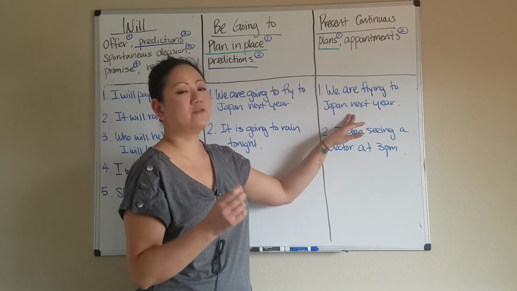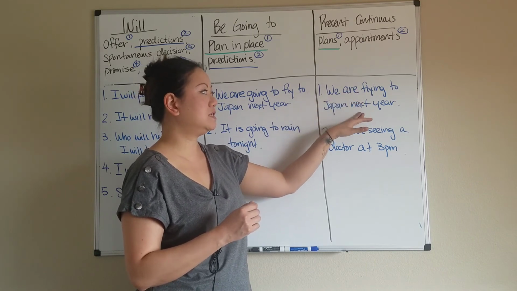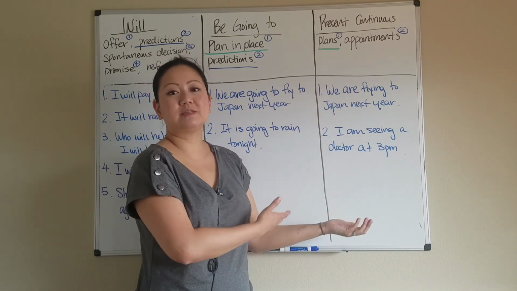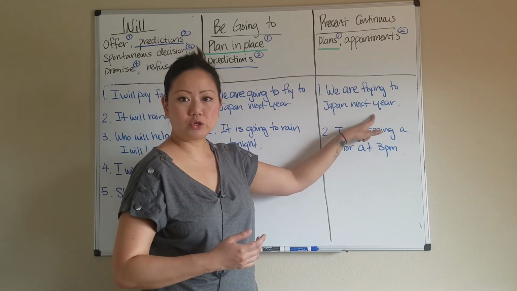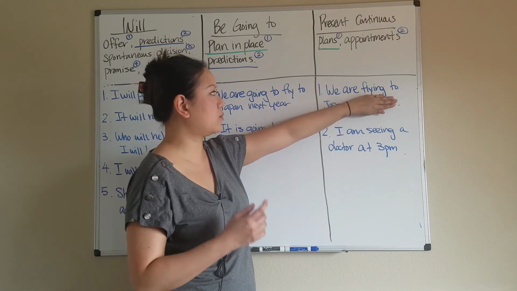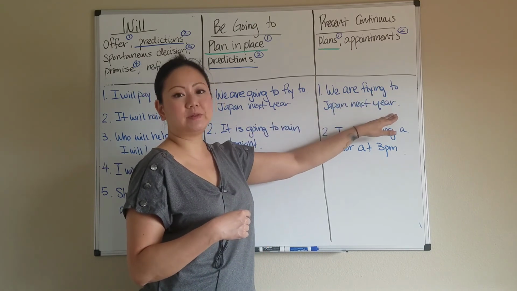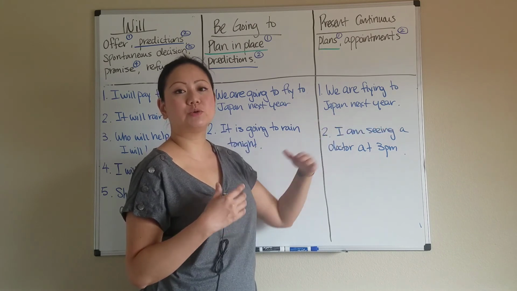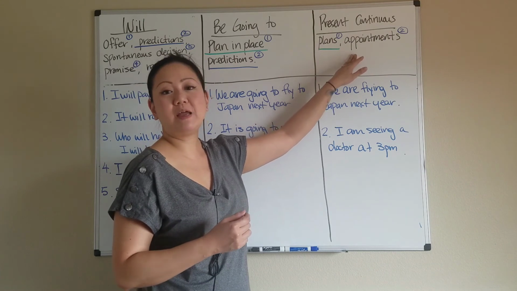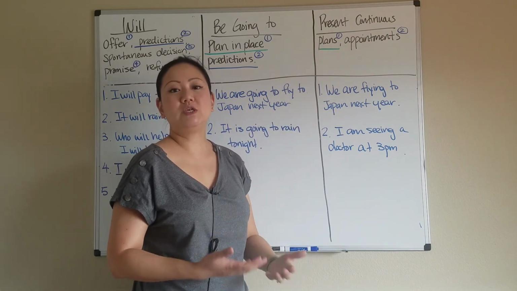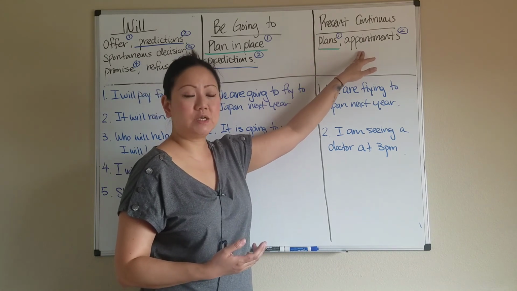Now, if you remember from one of my videos about present continuous, that we can use the present continuous to talk about the future. And this is another example. Don't forget the future time phrase, because without it, we know that we're flying to Japan means right now we're on an airplane. But with the future time phrase, we're talking about a plan in the future. Okay. Second is if you made an appointment with a doctor, with your teacher or professor, you can use the present continuous as well.